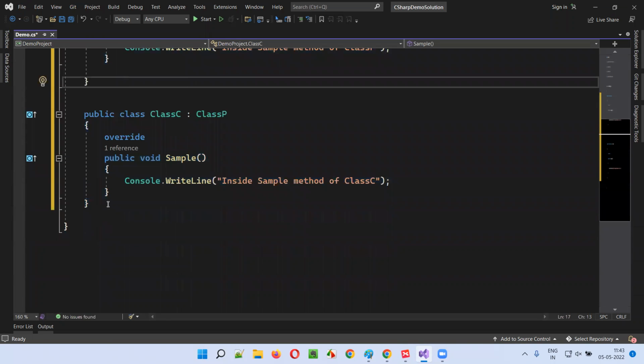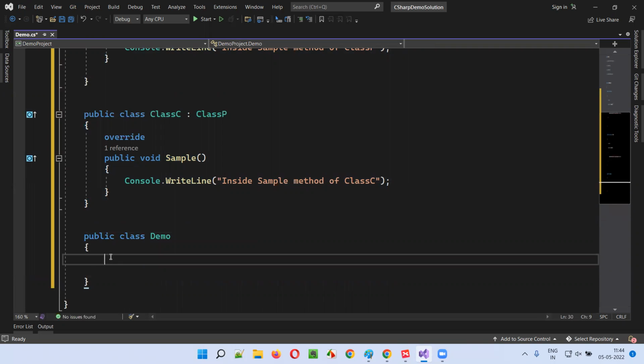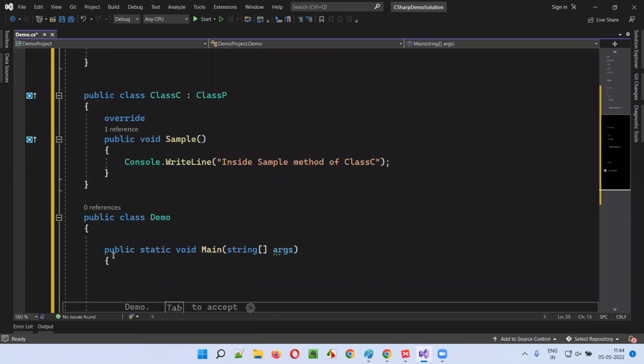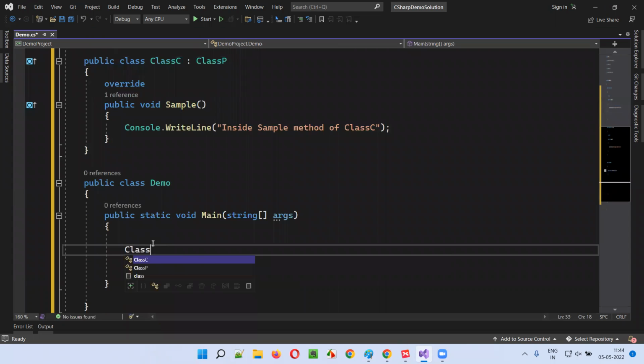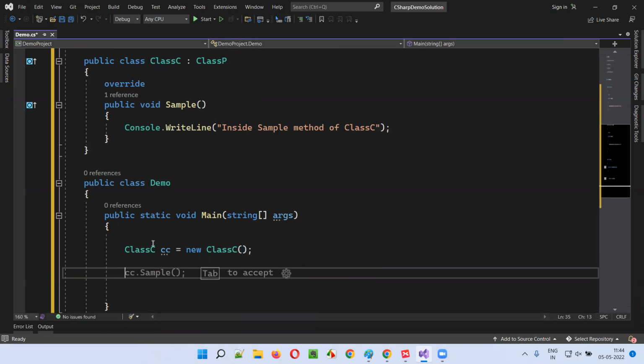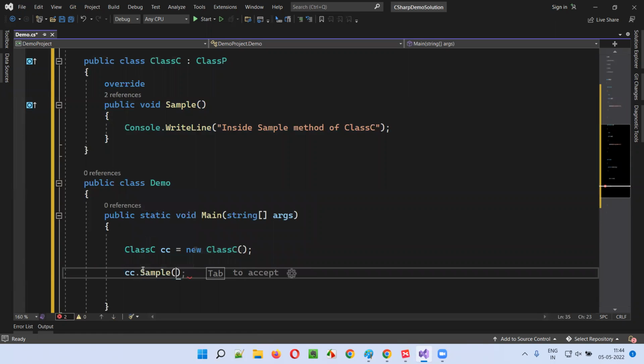Done. Now in this situation, let me create another class, which I'll name demo class. Inside this demo class, I'll create a main method, public static void main. Inside this main method, I'll create an object for the child class: class C, CC is equal to new C. And using this object reference, if I say CC dot sample,